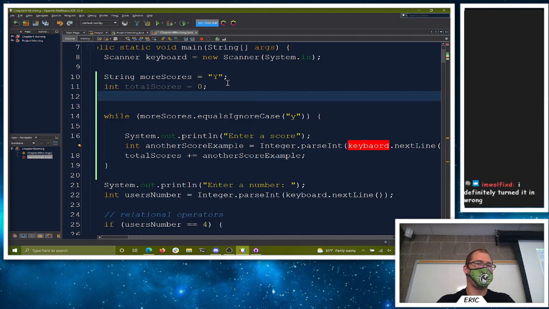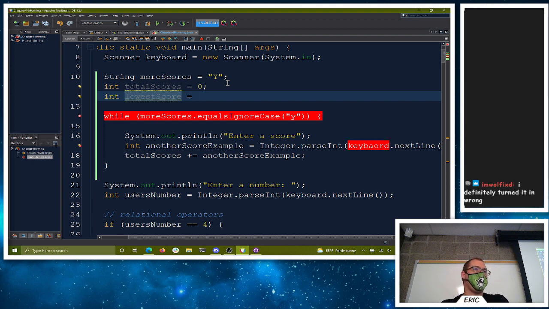And then we can do the min and max, right? Do we do a min and max check? So the minimum score, or lowest score. Now, when we want to find the lowest score, we've got two options. One, we can say, hey, the first score starts as the lowest, and then every other one we need to compare. It's a little bit tricky and adds a little bit more code inside of our if or our loop here. So the easier way is usually to start at the biggest possible number we can get. And then the first score is going to be lower than that.